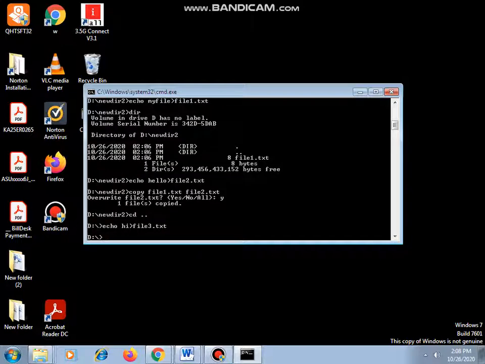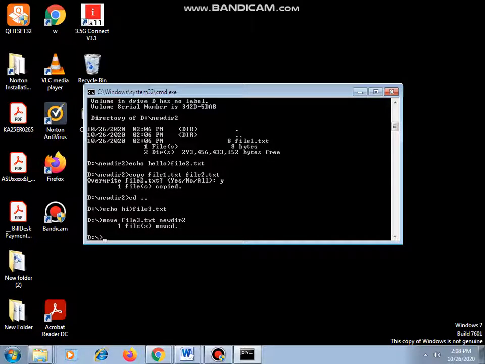Now I will move this particular file, file3.txt, to new directory 2. So what happens is one file is moved.